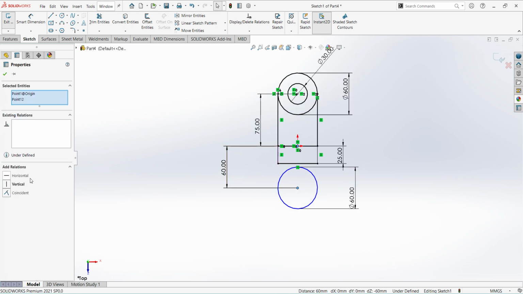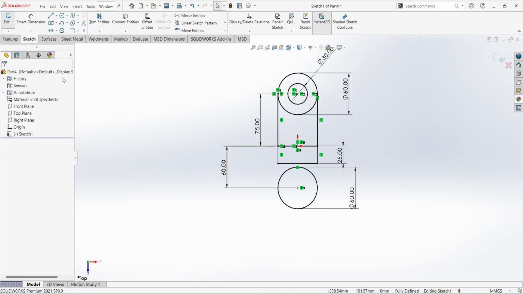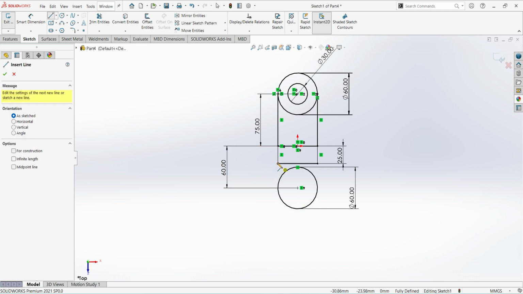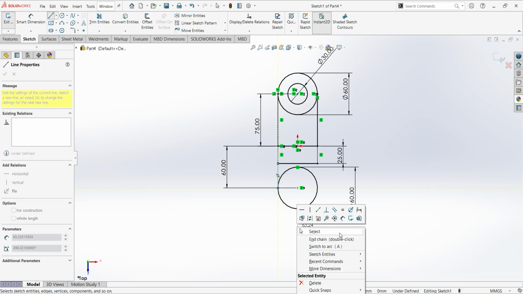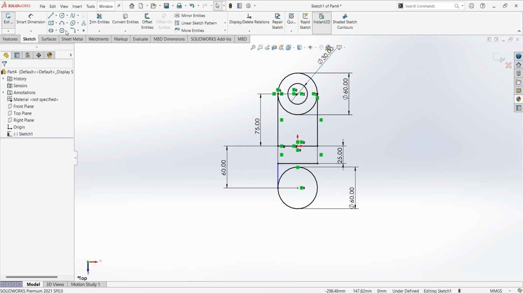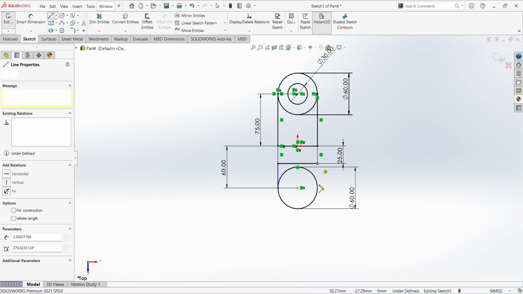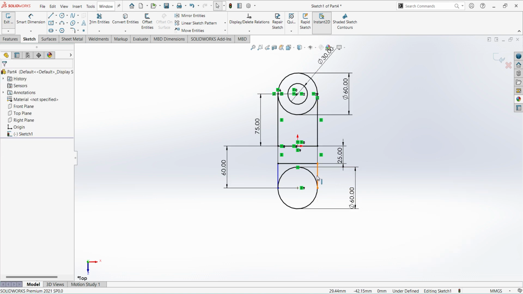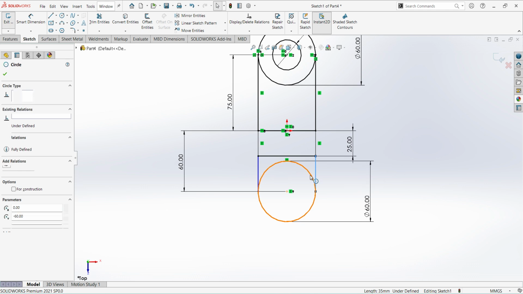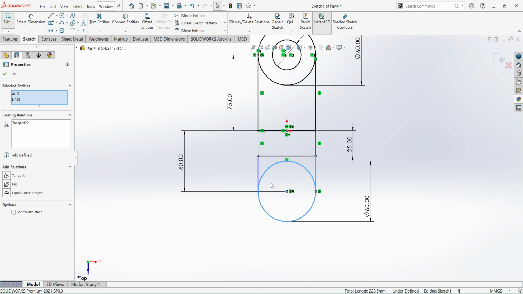Give the vertical constraint, select line, give the tangent constraint both sides,